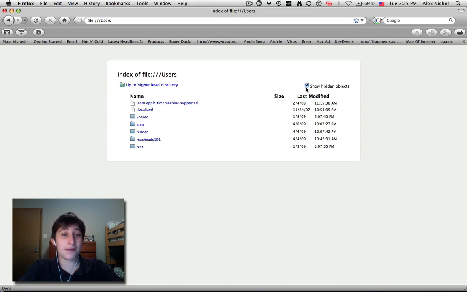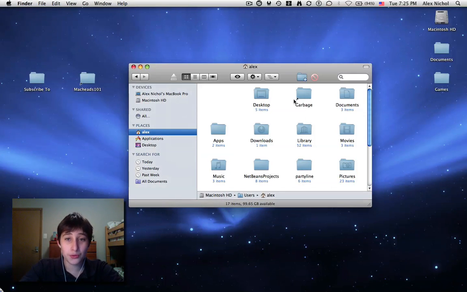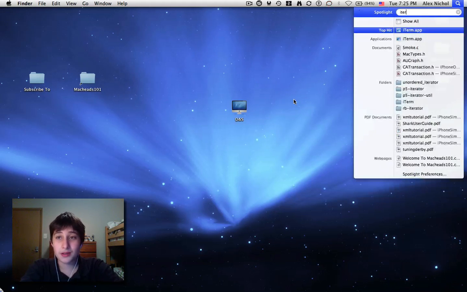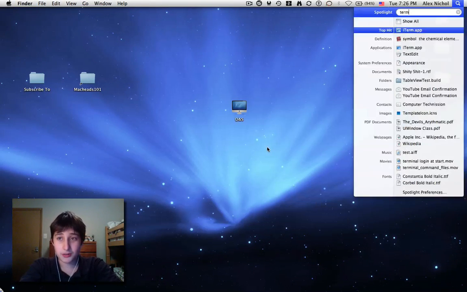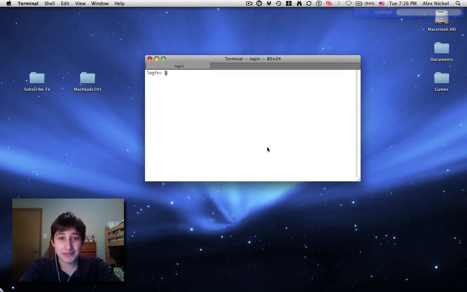But that's how Finder's kind of not cool in some ways, and how Firefox can be used as a more realistic browser. You can also go into Terminal or iTerm. I'm just going to open up Terminal and log in here. Okay, and if you take a look,